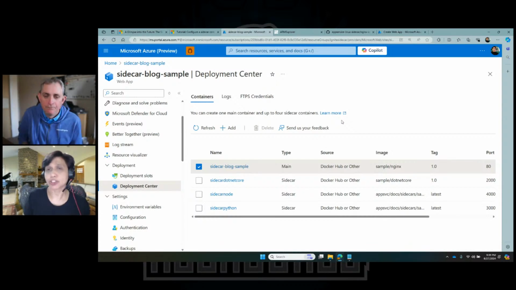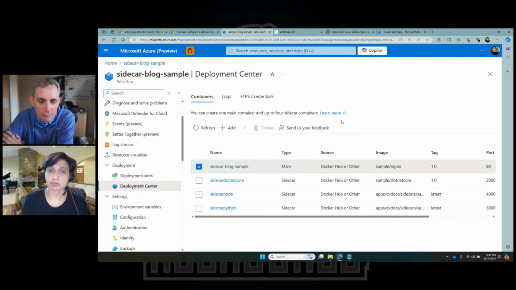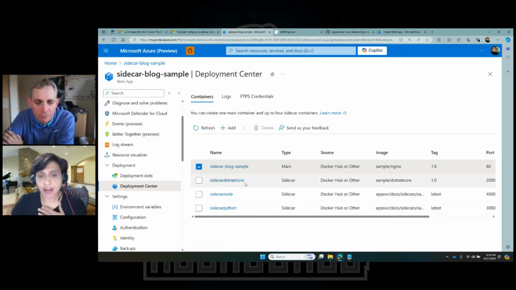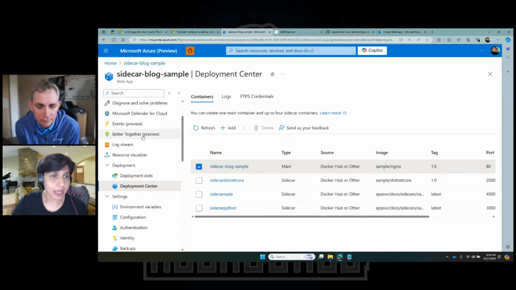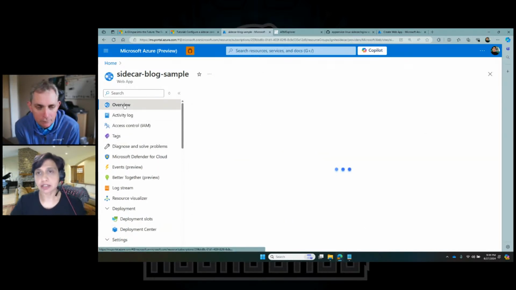And that's what you should do, especially if you think that you have a site which is getting a lot of requests, because if it's in Docker Hub public images, you might run into some kind of throttling limits, or you might even run into some security limits. So we always advise that you put the images into your own container registry before using them. I've added 3 sidecars to it. Right now, our design is you can add 1 main container and up to 4 sidecars. So I've added 3. And if I go and browse this website,